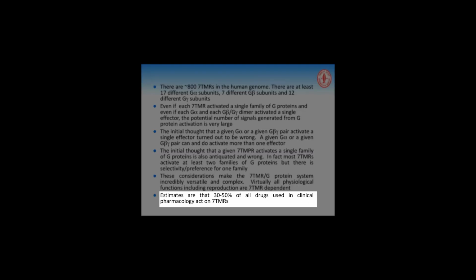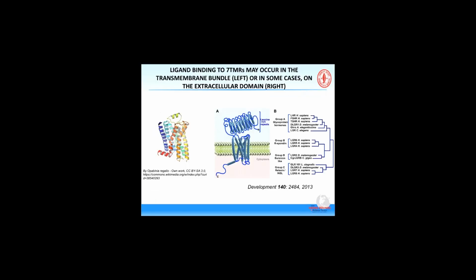And in fact, all physiological functions, or virtually all physiological functions, including reproduction, are dependent on 7-transmembrane receptors. In addition, there are estimates that about 30 to 50% of all the drugs that are used in clinical pharmacology, including FSH for the induction of follicular growth and LH or HCG for the induction of ovulation, actually work on 7-transmembrane receptors. All right,